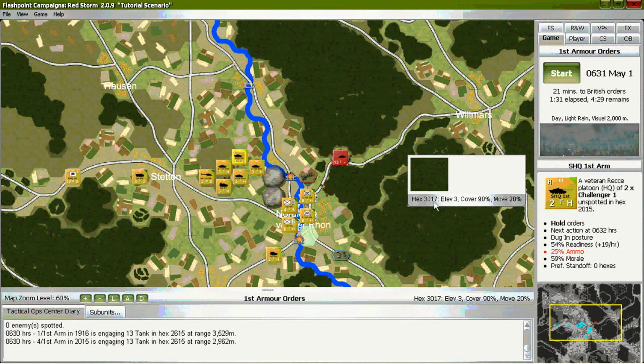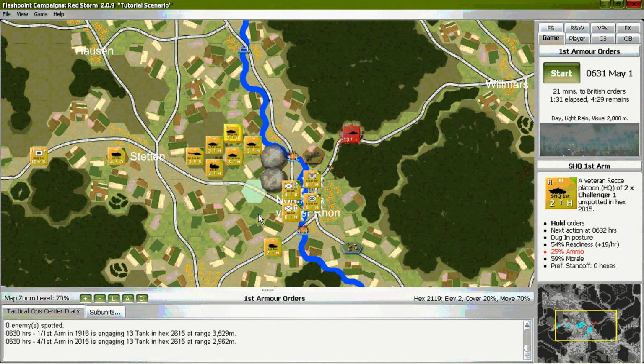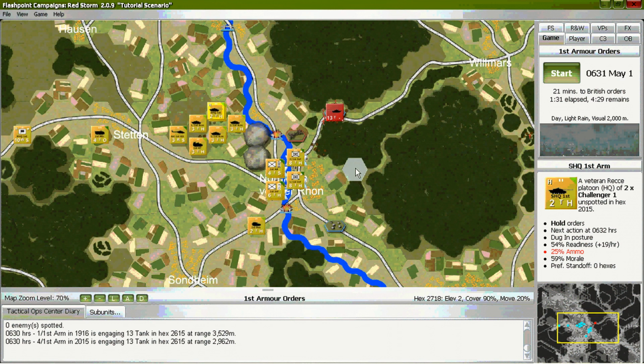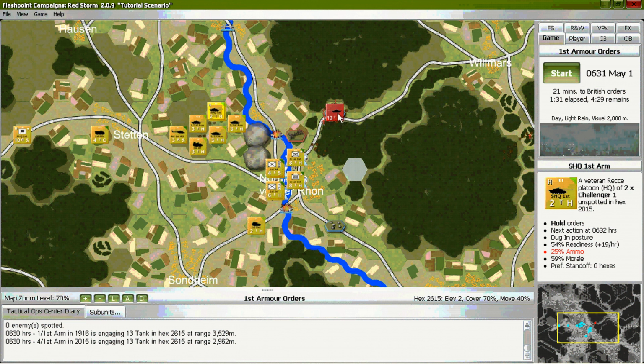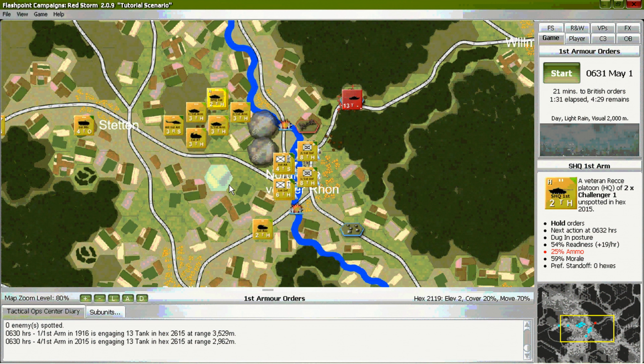At this point, the current situation is quite significantly different than the one shown in the quick start tutorial, simply because things have happened, units have been destroyed, and no longer match what was described in the quick start tutorial.